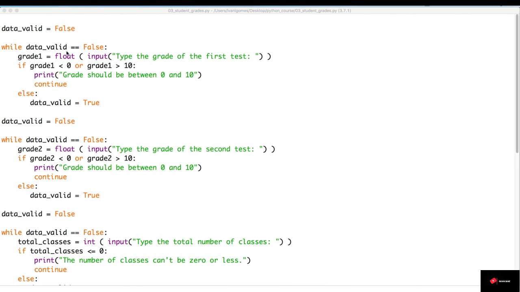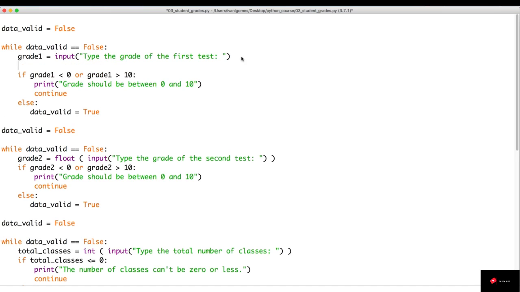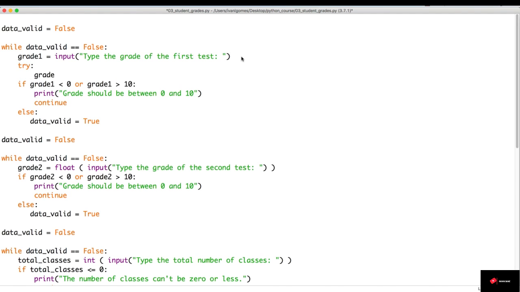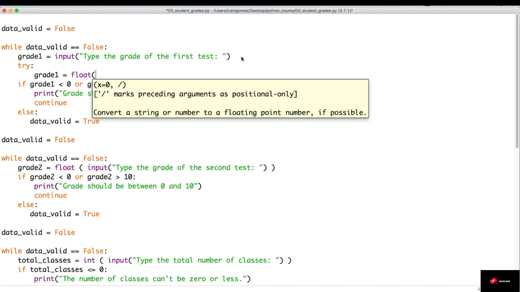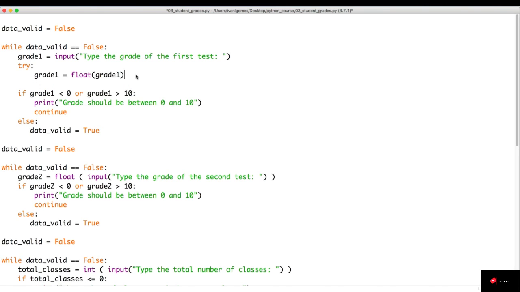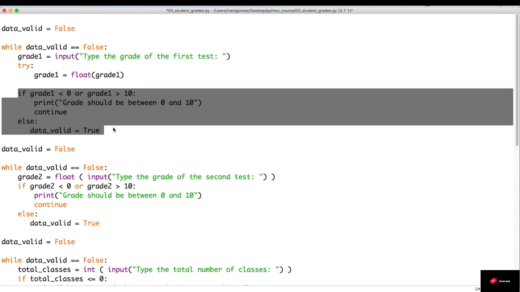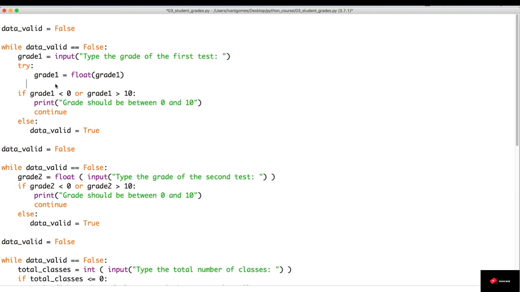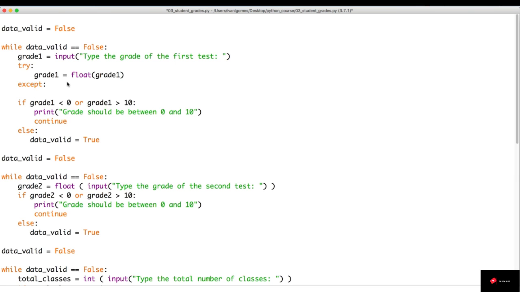So like we did in the previous lesson, we're not going to convert it to float immediately. Let's get the input first, and now let's try to convert it to float. If we can make the conversion, we don't need to do anything else. We just need to continue running the rest of the code inside the while loop. But if we can't make the conversion, so except, we're gonna print a message